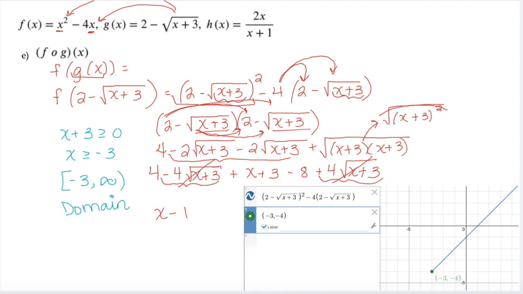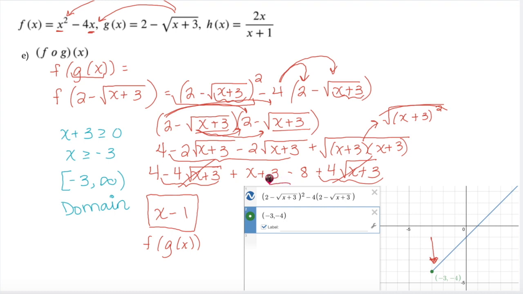So this piece here, x minus 1, is the function f of g of x. We know that that would just be a linear line, but notice that our domain prohibits it from being extended far left because we have to be from -3 to positive infinity. So notice within my graph, when I graphed it utilizing Desmos, before I simplified,